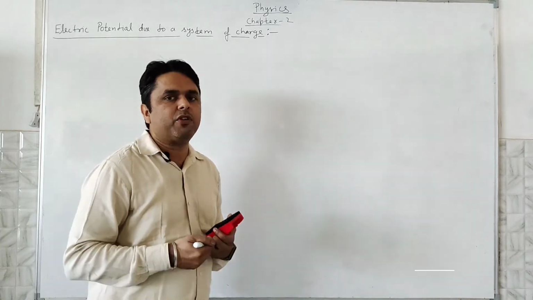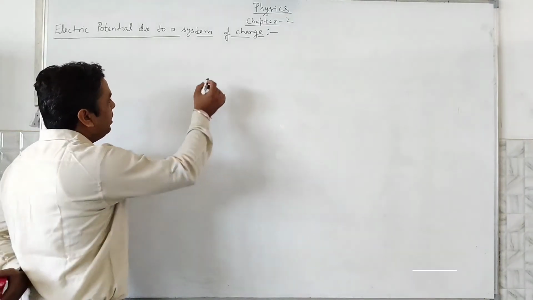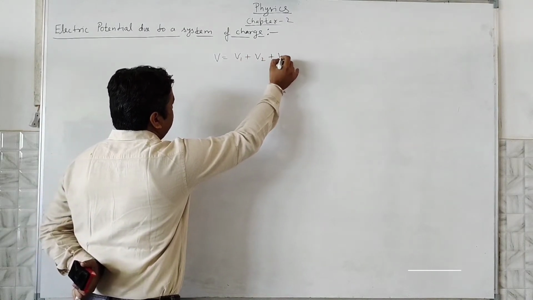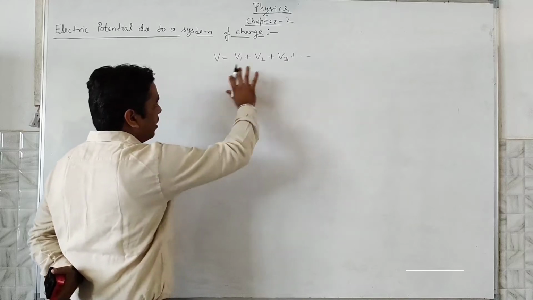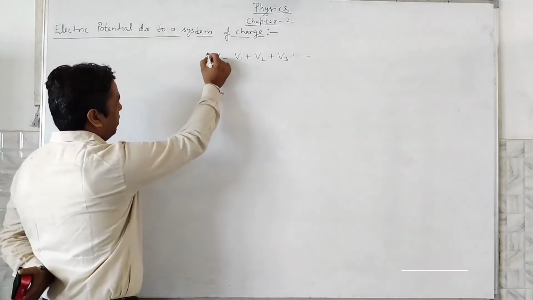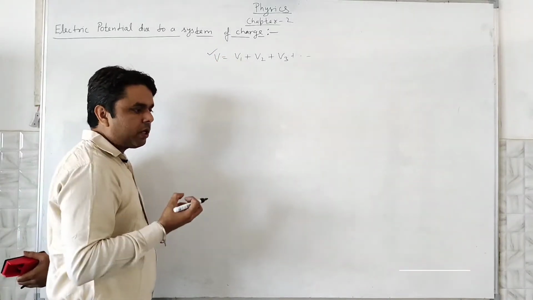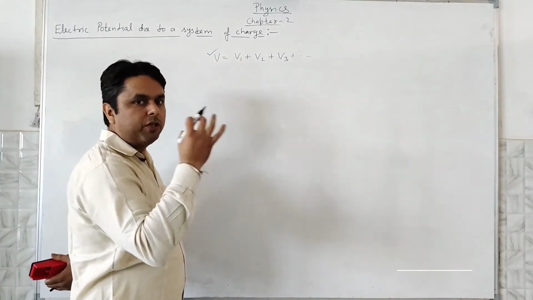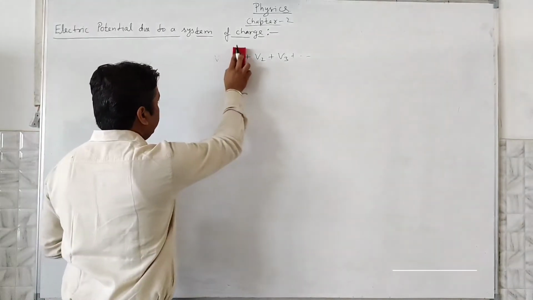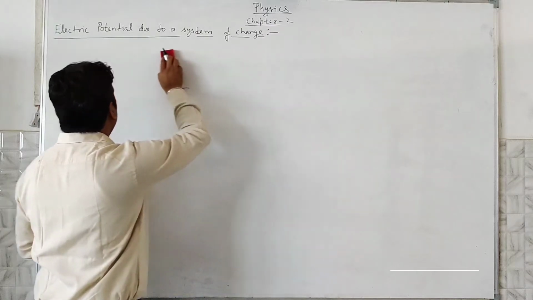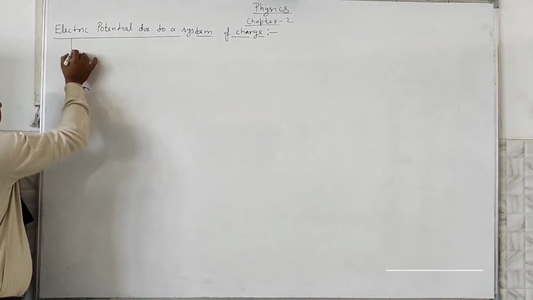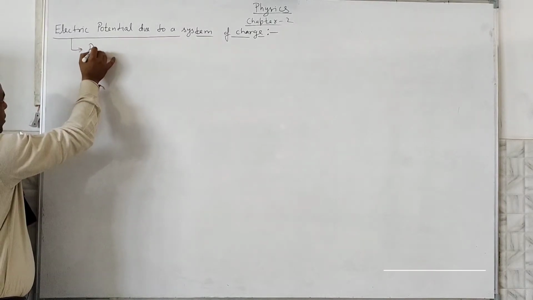As you know, electric potential is a scalar quantity, so we can simply get the resultant by adding all these quantities algebraically. So these are for the arbitrary system of charges. For any system of charges we can apply this formula for calculating the total potential on the system. Today we are taking one application of this: the electric potential due to a system of charge. This is very interesting and important for the dipole.